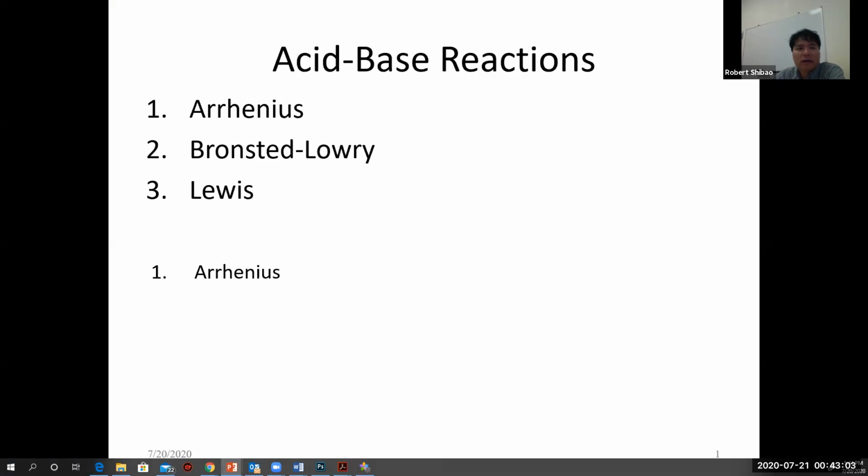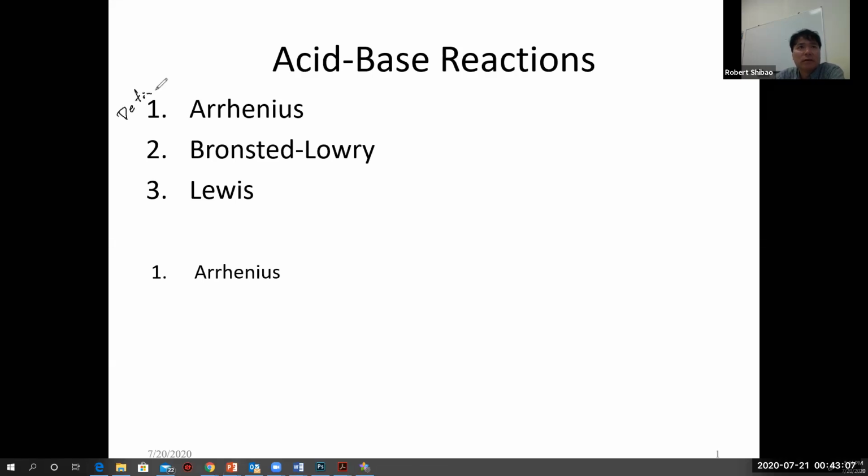Arrhenius is not very useful. These are called definitions, the acid. This is the most narrow definition, the least useful, Arrhenius. Lewis is the most broad definition, but it's not the most useful. Bronsted is probably a little more useful, at least for us, because Lewis is more difficult. And so Bronsted-Lowry are a subset of Lewis. Lewis is comprehensive, you know. With Lewis, you aren't going to miss any.